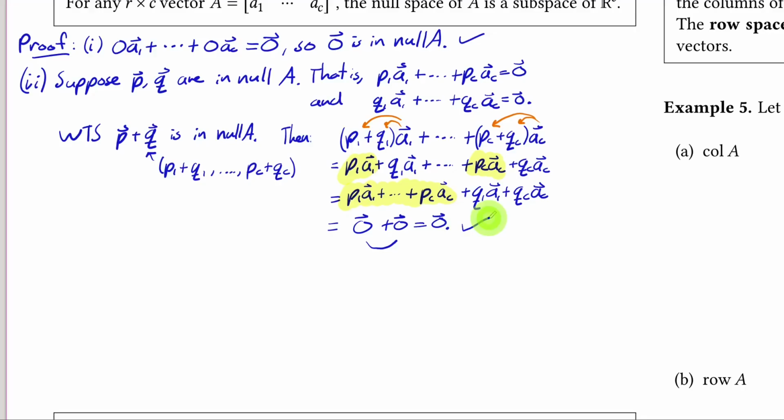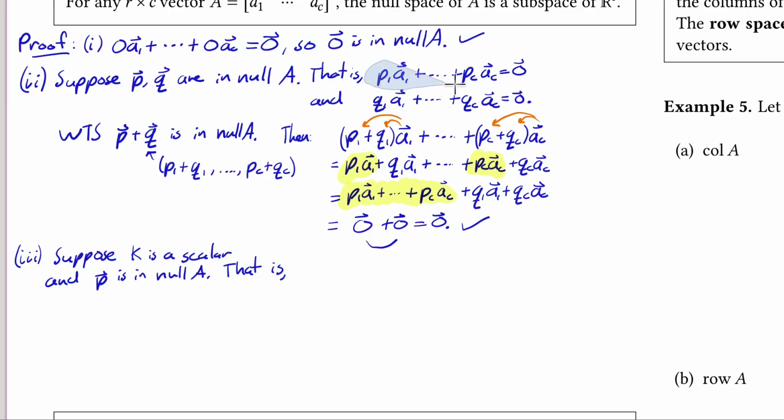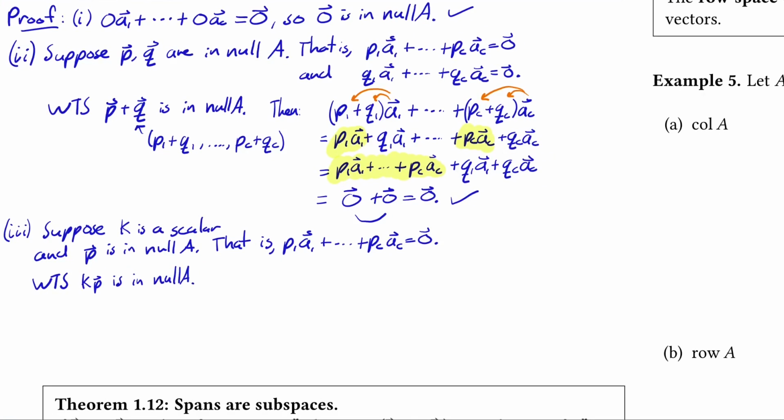Let's do the same thing with scalar multiplication. So we're assuming that we have any scalar K and any vector P in the null space. So we're assuming that this is true. Same thing as before. And we want to show that that scalar multiple of P must also be in the null space. And it is,